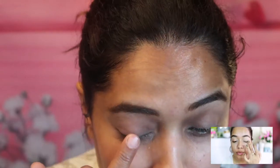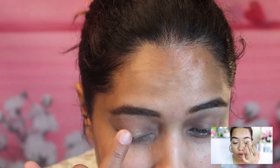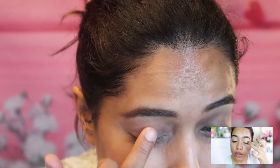She uses a small flat brush to do this, but I prefer using my finger because the warmth of my finger really helps in blending the gel liner well. Next,